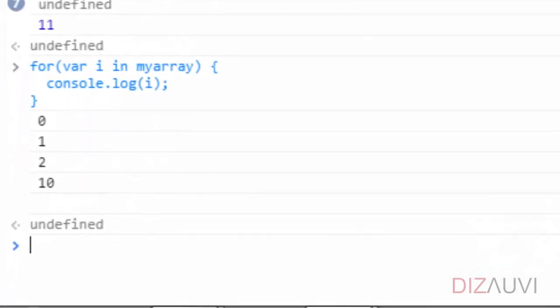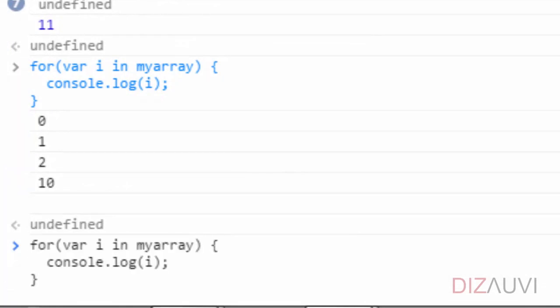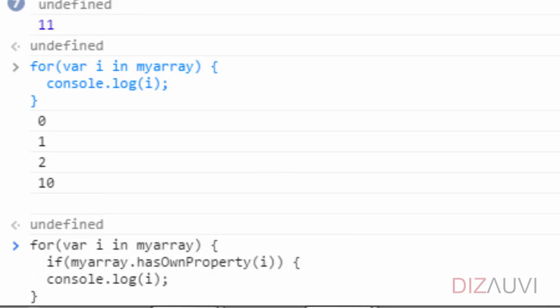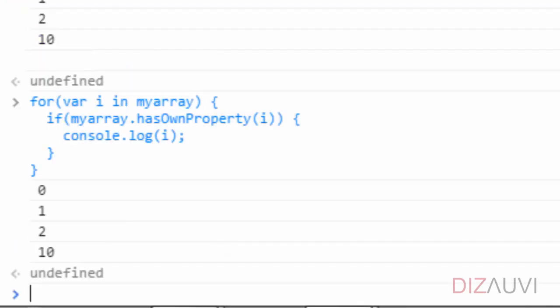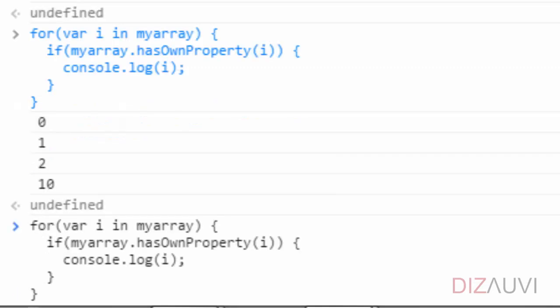One check that you may put to avoid this problem is to use the hasOwnProperty method of the objects, which checks if a particular property really belongs to that object or it has been inherited from another object. We will talk more about it in the chapter on object-oriented programming, so don't worry too much about it right now. Just know the pitfalls of using this kind of iteration. To access the element itself, we can use the index as an array subscript.